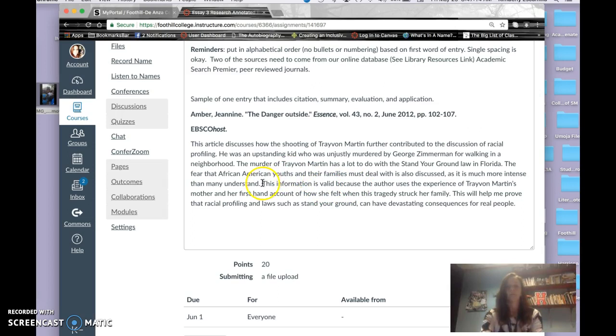And then once you have the validity, you need at least one sentence like this person does at the end to say, how are you going to use this source? This person writes, this will help me prove that racial profiling laws such as stand your ground can have devastating consequences for real people. Okay, and so that is what you want to do for each of your citations. This one's a little bit short. Typically, it ends up single space being about half a page total. And so you want 5 of these: citation, summary, evaluation, and application for 5 sources, and that's your annotated bibliography